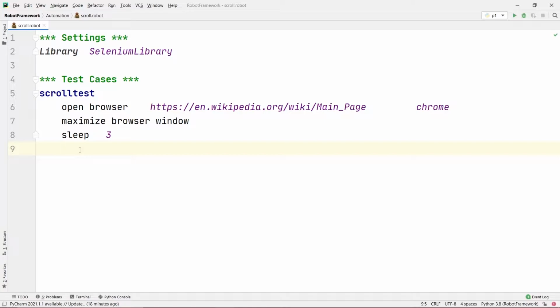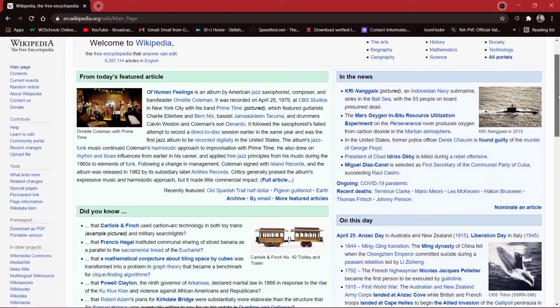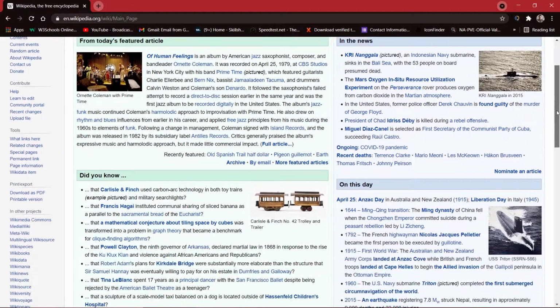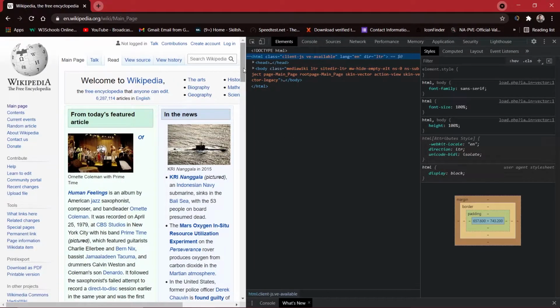First of all, you need to run the JavaScript. After waiting for 3 seconds, let's start scrolling now. I'll go to my website now, and here you see this scroll bar on the right hand side. This is not part of the website. Actually, this is part of the Chrome browser. So if I right click on this and inspect it, you will not be able to inspect this scroll bar. Instead, you will be inspecting the whole web page.